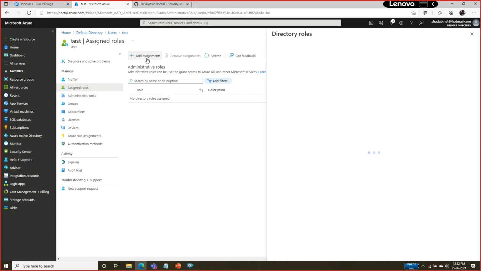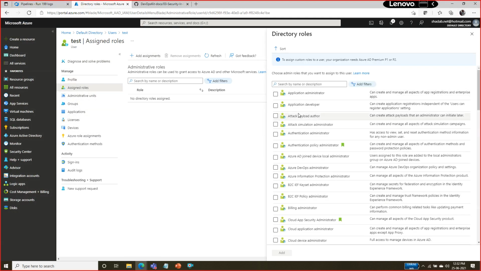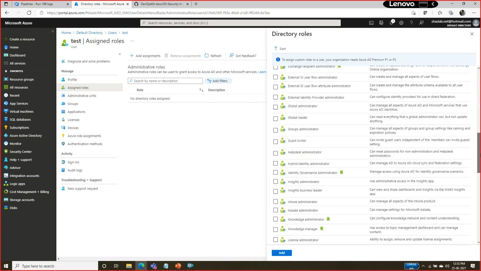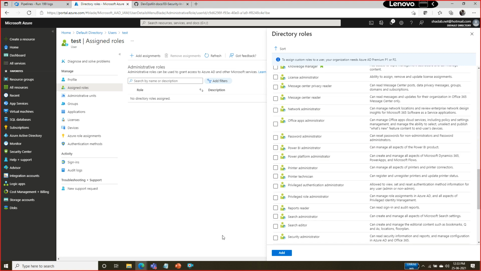Okay, so you can assign a role here as well. In the directory level role, overall you can have an administrator role you want to give. You want to give Azure DevOps administrator. You can select Azure DevOps. He is going to manage the policies for your Azure DevOps. Whatever role you are going to assign, even in Active Directory you can manage it.